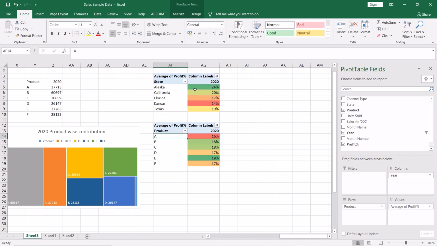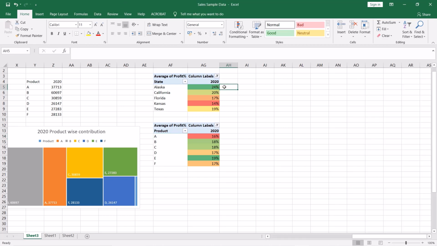So here we can clearly say that Kansas is the lowest profitable state, while Alaska is the highest profitable state for the business. So management takes decisions on what to do with Florida and Kansas.